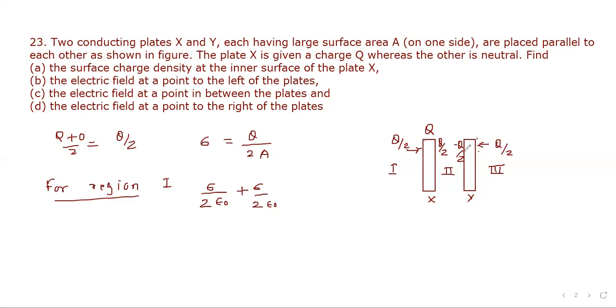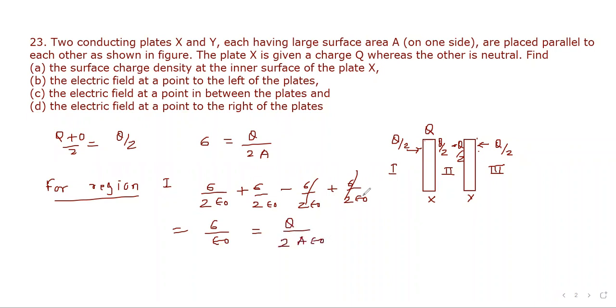And due to this minus Q by 2, charge density will be sigma. So due to this minus Q by 2, it will be towards right, sigma upon 2 epsilon naught. And due to this Q by 2, it will be towards left, sigma upon 2 epsilon naught. So these two will cancel out, and we will get sigma upon epsilon naught. But sigma is Q upon 2A, so it will be Q upon